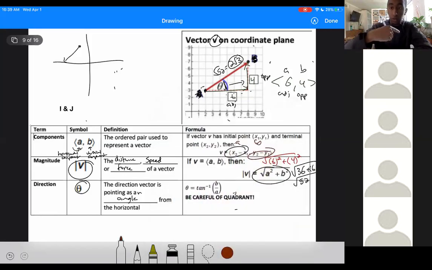Now we're going down and to the left. Let's say this component to the left was -3, and going down, it was -2. When you do tangent inverse of b over a to find the angle,